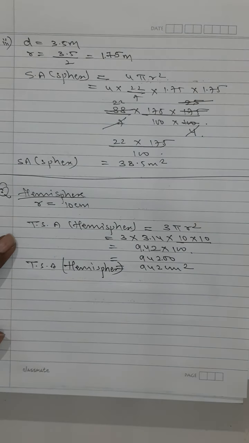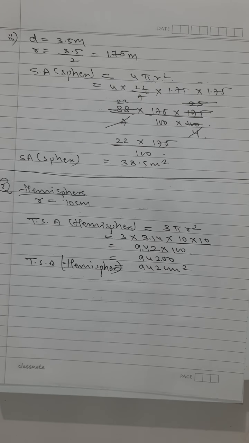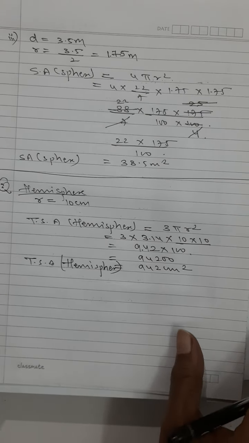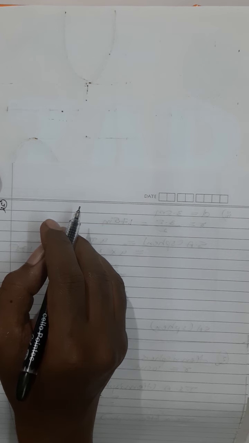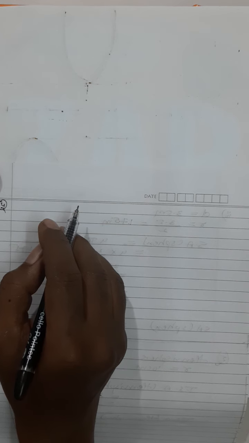Okay, my dear students, so with this we proceed further to solve question number 4. So going to question number 4. The radius of a spherical balloon increases from 7 cm to 14 cm as air is being pumped into it. Find the ratio of the surface areas of the balloon in two cases. See, basically here you don't have to take much.